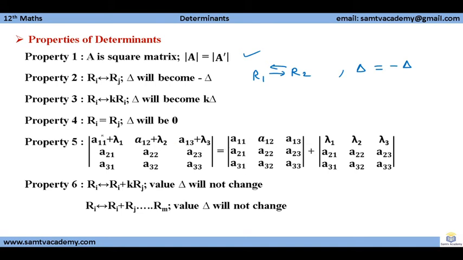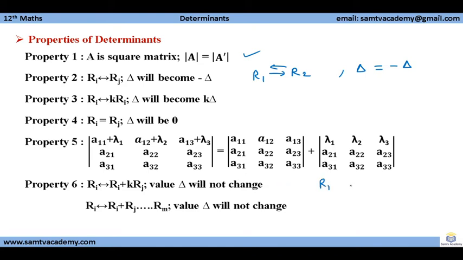You can make with the first element one determinant and with the second element the next determinant. So this is the way of expansion that you can expand and then solve, which will make your calculations somewhat easier. What is property 6 saying? Property 6 is saying that if you are replacing Ri with Ri plus a scalar quantity multiplied with another row, and then you take the determinant, the value of the determinant will not change.